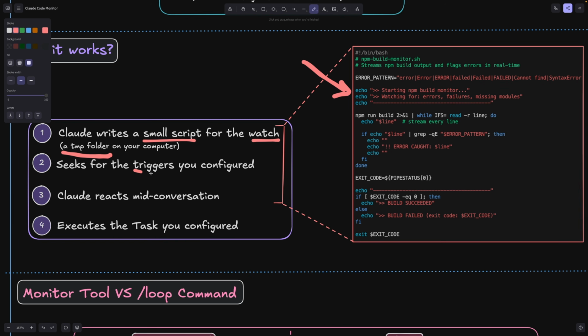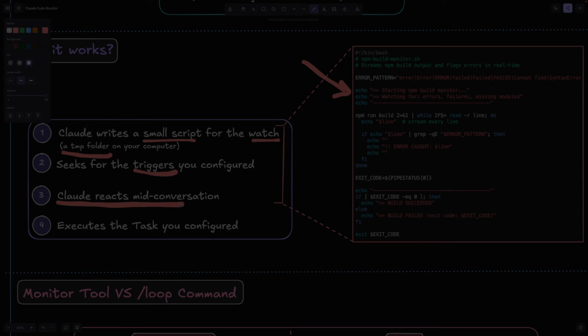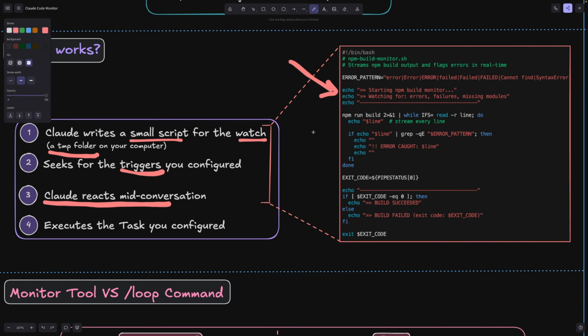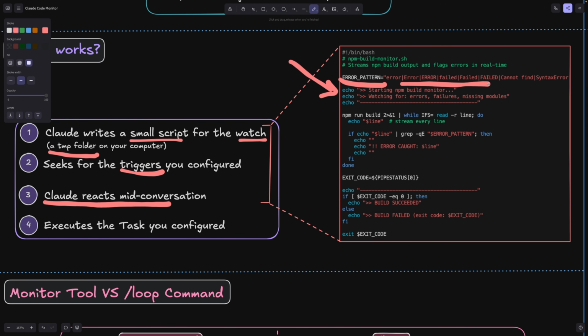In this file, we're going to set triggers for Code on when it should react to the background process. When one of the triggers is met, Claude will react mid-conversation, and all the info from the background process will get into Claude as input. In our example, we want Code to find errors in our process, so our triggers will be error patterns. Like we can see here, a few variations of errors that will tell Code to react to this background process. If one of the error patterns is met, it will send it to Code in order to process it and